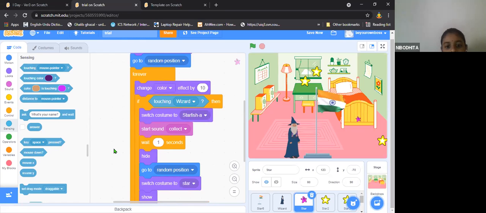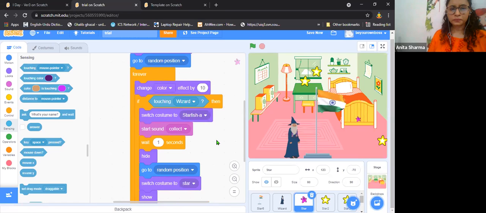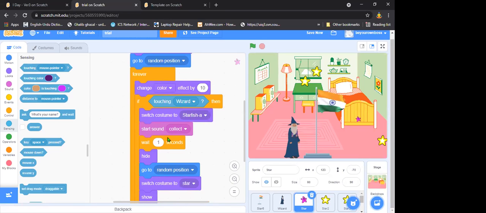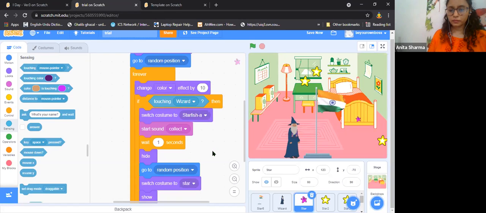This link is not opening. Click on that link. It will open here. Ma'am, I have tried it so many times. Yesterday also I have tried. So Nibodita, there might be some problem. What you can do is copy the link. If it is not clickable, you can right click and copy it, then go to the Chrome browser, paste it in the address bar and press enter. Okay, fine.